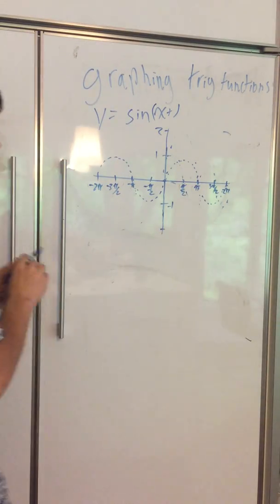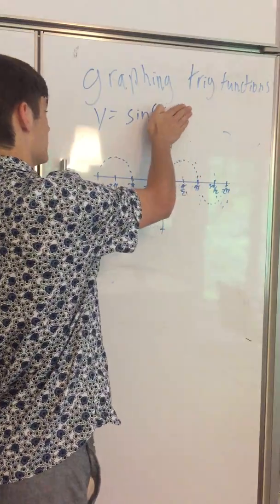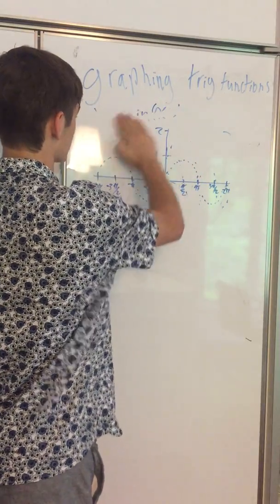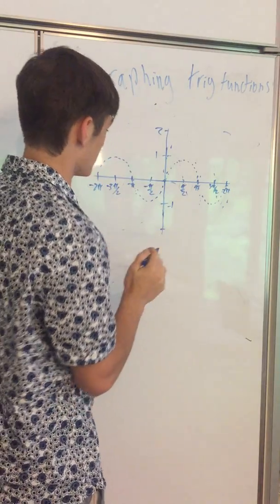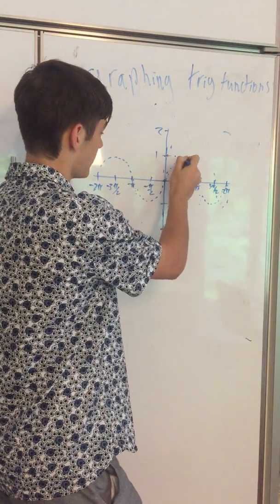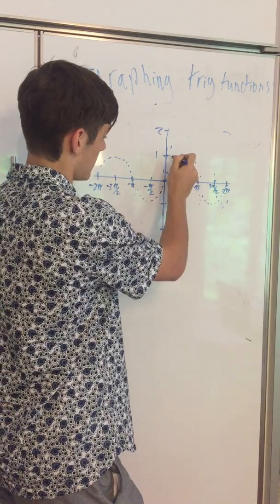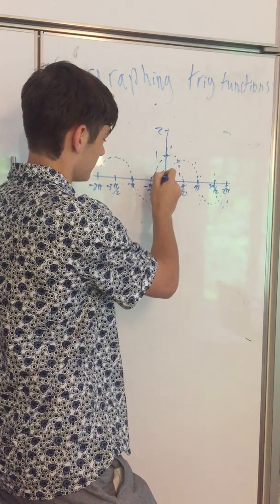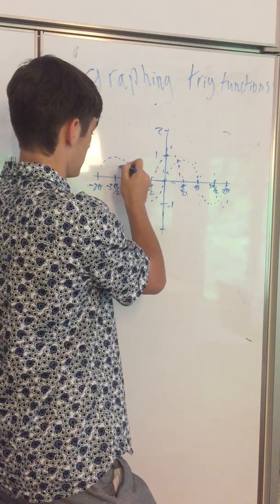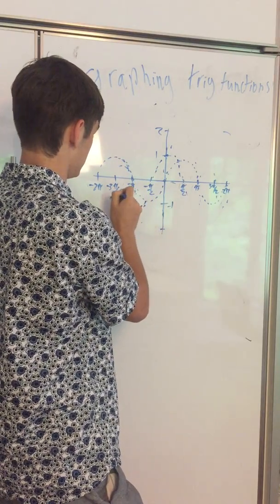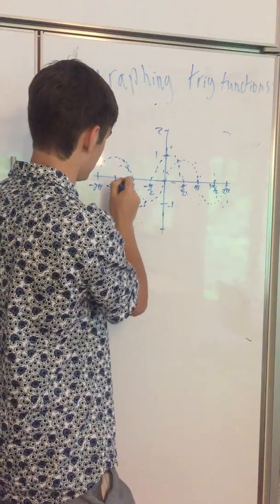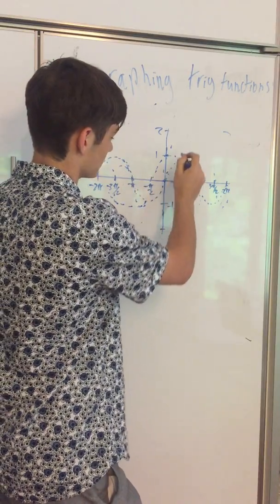So this is a sine graph. If you wanted to make a cosine graph, the graph actually starts at 1, so that's the amplitude, and then it goes down and looks something like this. So it's similar